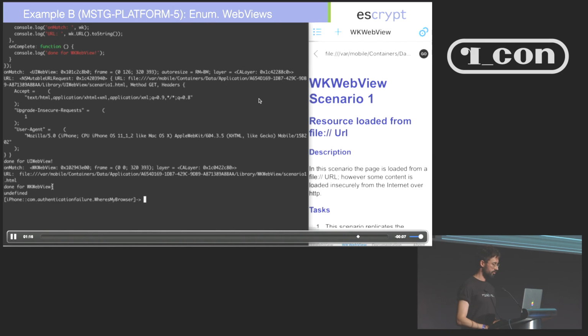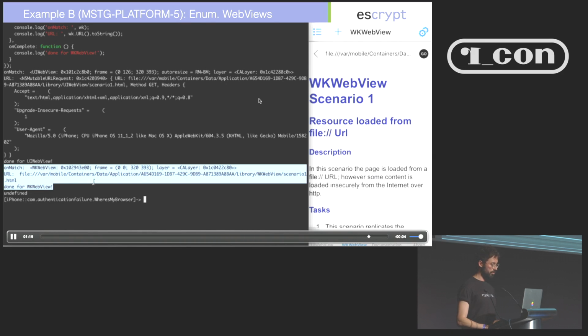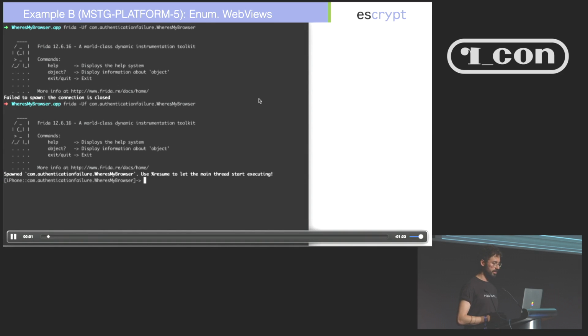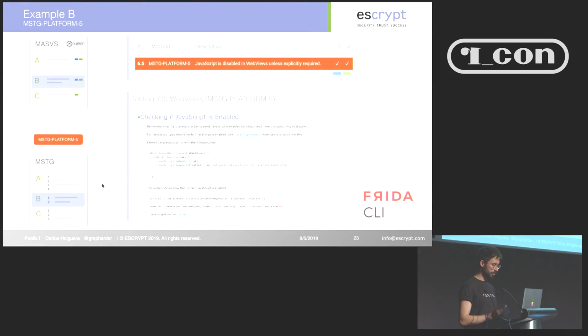And yeah, it's done. So we also found the other web view, and we can also take a look at the URL. This might also be useful if you are testing some web views, and in the web views normally you don't see the URLs and you are interested in seeing how the URL looks like or other parameters that were used when creating this web view. Because maybe, as is the case here, we are testing actually for JavaScript that is disabled on the web view. So we would like to know if this web view